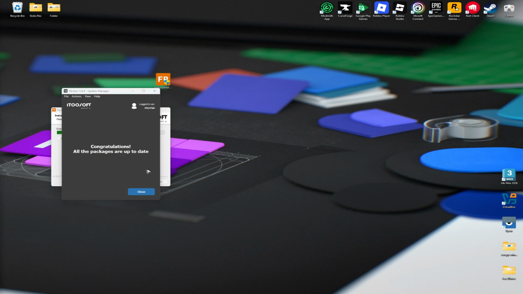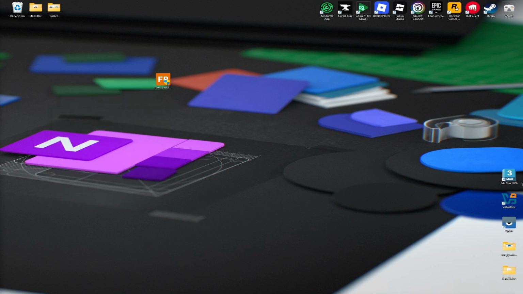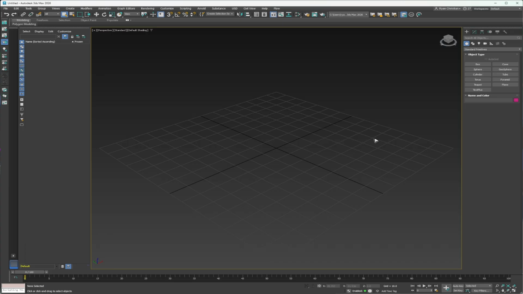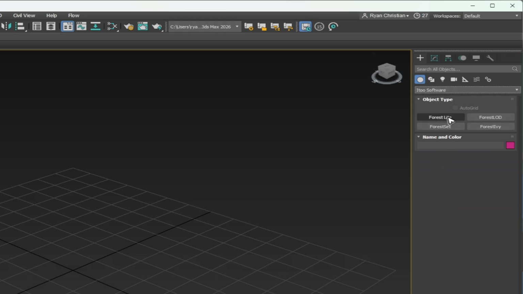It says here, congratulations, all the packages are up to date. So all you got to do is just click on close, untick this one, finish, and then go ahead and open up 3ds Max. Okay, so once it's opened, go over to this drop down right here. And then just click on i2 software. Okay. And then you'll be able to see your Forest Pack, or sometimes if you got the free one, you got